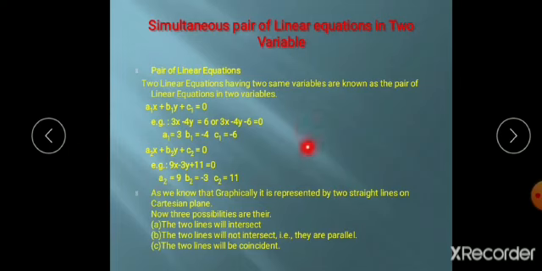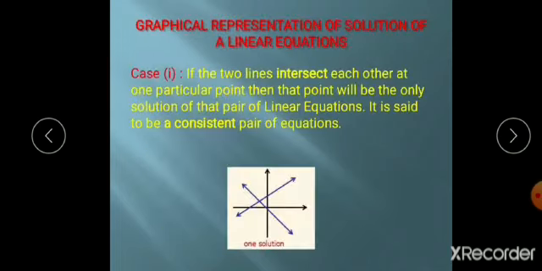When you represent these two linear equations graphically, they may intersect, they may not intersect, or they may coincide. For example, if you see in this graph, these two lines are intersected. Such lines are called intersecting lines. You know how to plot a linear equation on the graph sheet. It is a straight line. By substituting values of x in the equation, we get y values. By plotting the x, y ordered pairs, we get the straight line.